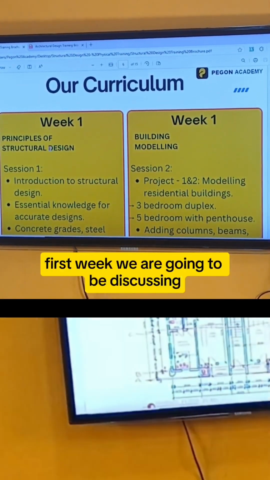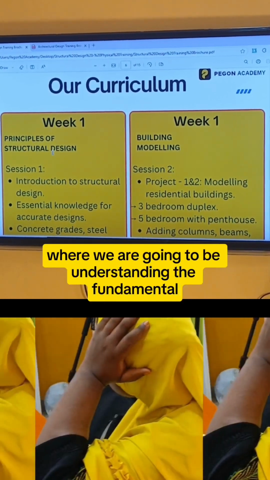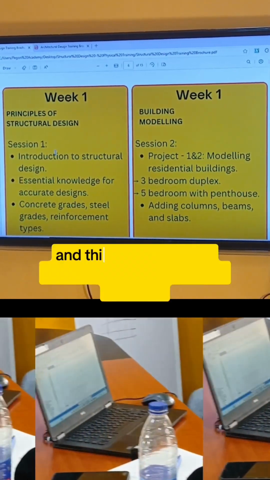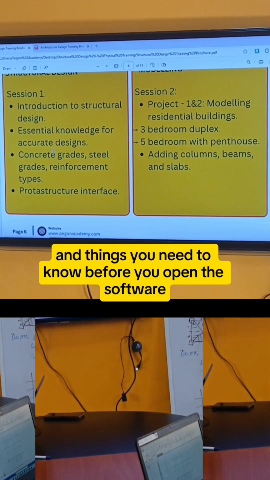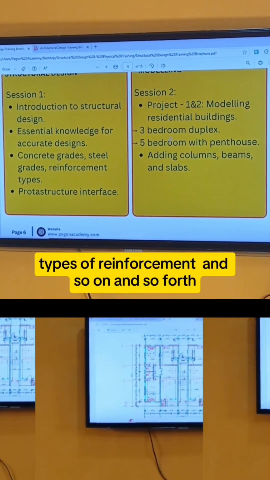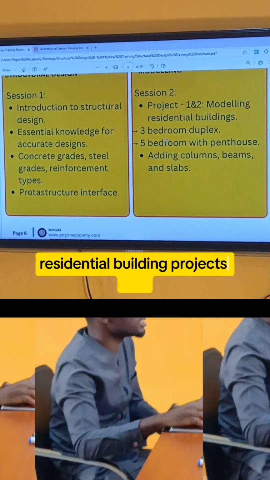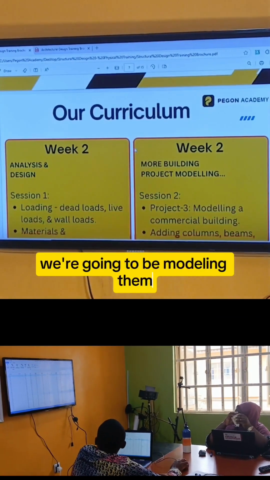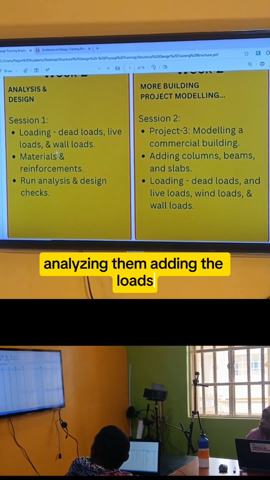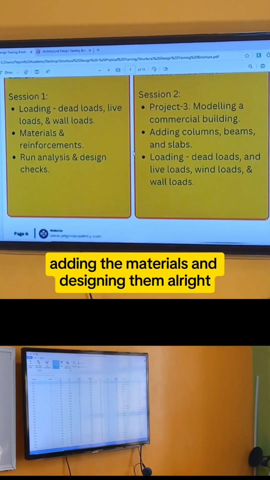First week, we're going to be discussing the principles of structural design, where we're going to be understanding the fundamental principles and things you need to know before you open the software: concrete grids, steel grids, types of reinforcements, and so on and so forth. And then we're going to be starting several projects, residential building projects first. We're going to be modeling them, analyzing them, adding the loads, adding the materials, and designing them, all right,